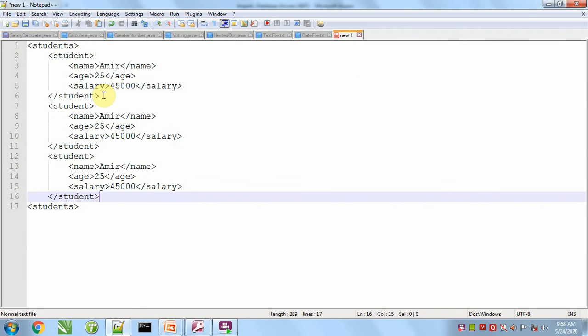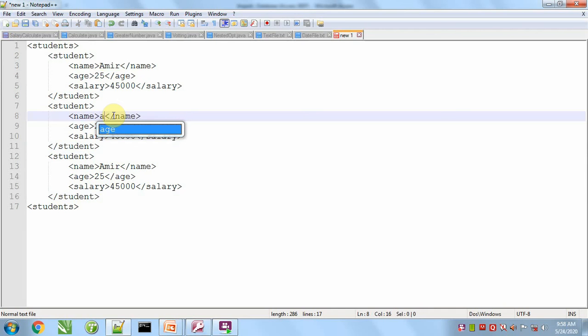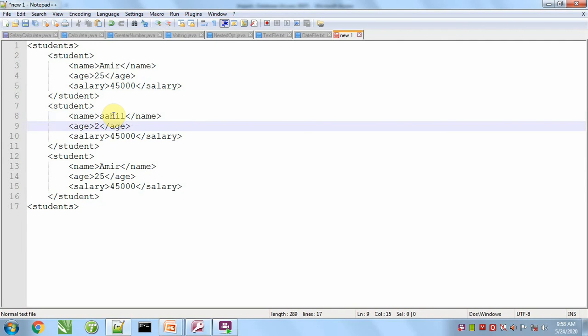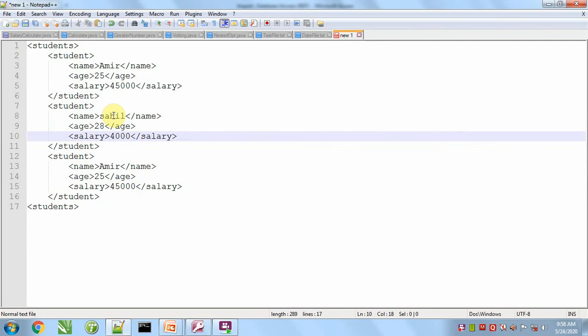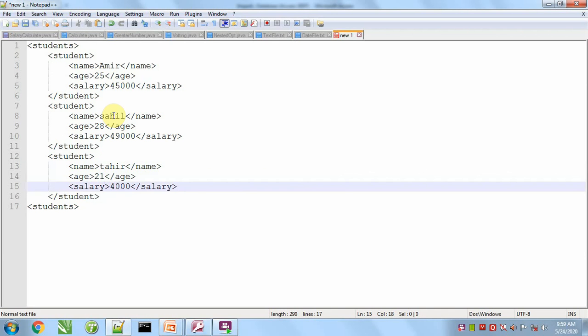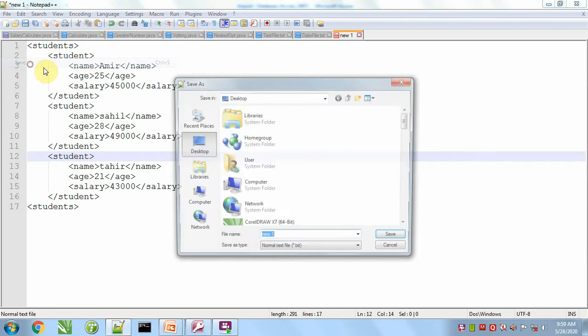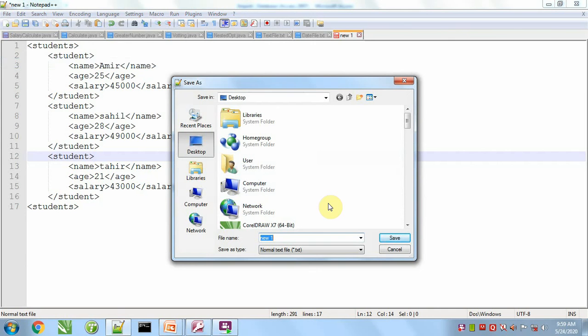Copy paste 3 records. Save this file. .xml will be the extension.